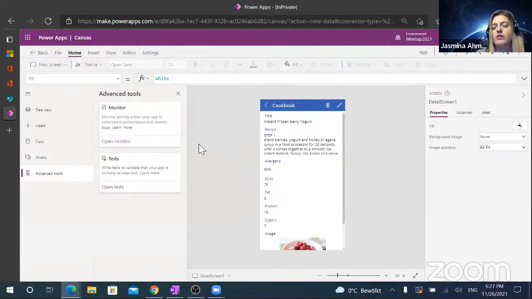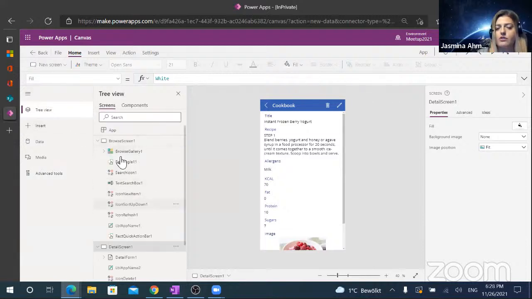Advanced tools is something that maybe comes later on or in some advanced sessions, where you monitor your app, find bugs, do simple testing, and so on. Okay, so if you go back to tree view, which is the most used one,